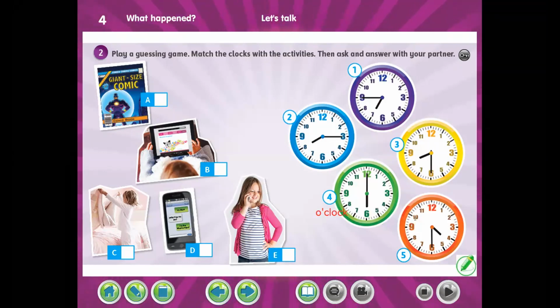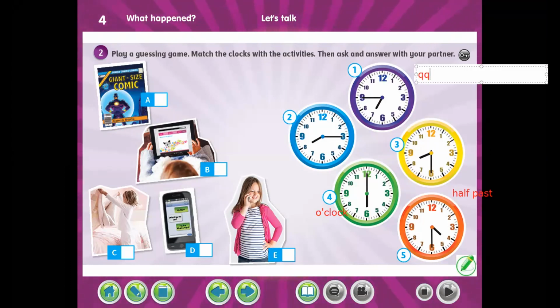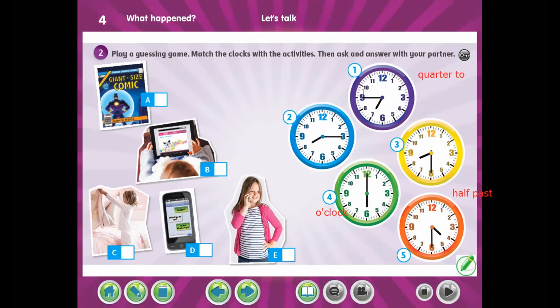Teacher, the number 3 and the number 5 is half past. Half past 8, half past 4. You need to copy this. Number 1, the same. No, the number 1 is quarter to. Quarter to 7. And the number 2, the opposite, no? Quarter past. Quarter past 8. Okay, if you don't remember, copy please these words. It's going to help you. Okay, these words, this is half,